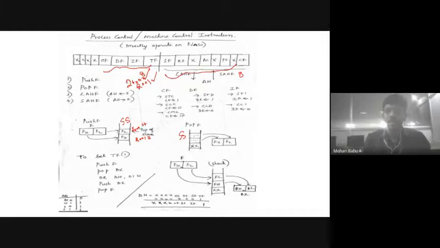It simply copies the first 8 bits to the lower byte of the flag register and the higher byte to the higher byte of the flag register. This one is address location 2000H. This one is address location 2001H. This 8-bit is stored in the lower byte of the flag register. This 8-bit is stored in the higher byte of the flag register. Is the concept clear? Sir, this right side is the lower register, sir.